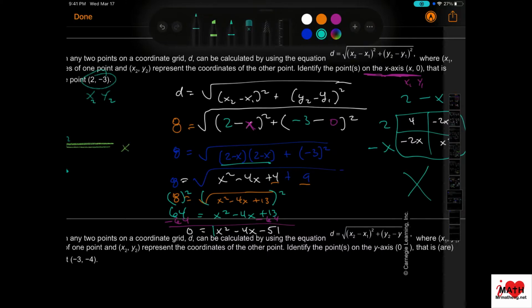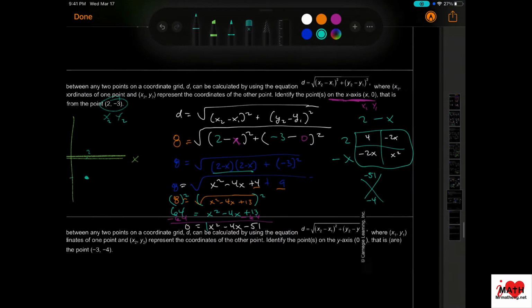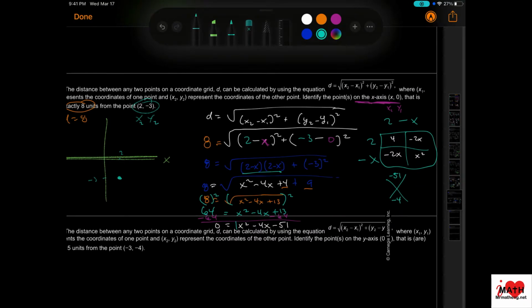A is 1, B is -4, and C is -51. What are the factors of 51? Double check this really quickly. Okay, it doesn't appear to be any,